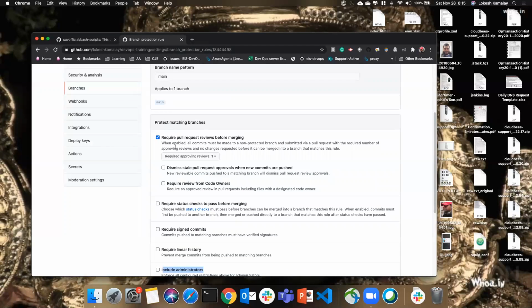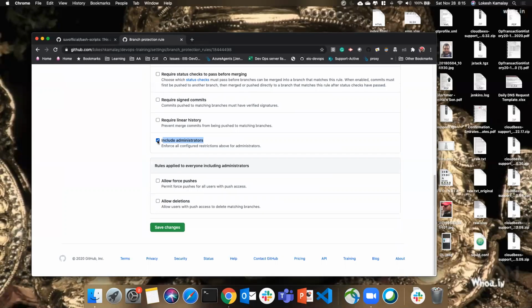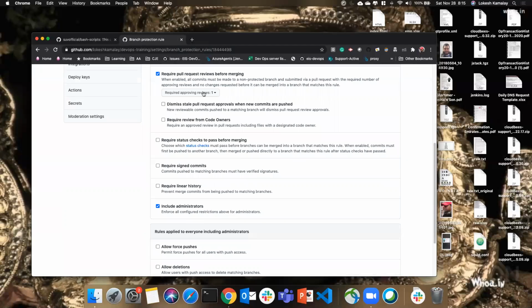Some people have admin access, so they can bypass all the rules, right? If you don't want that, then you need to enable this one as well. Okay, so now rules apply to everyone. That's it. So now we have protected our pull requests. One person has to review it, and only then will it be approved, and we don't have administrators